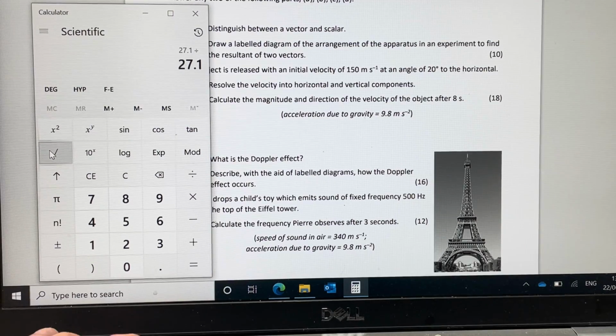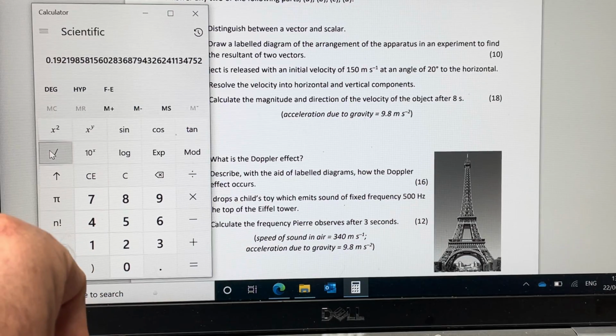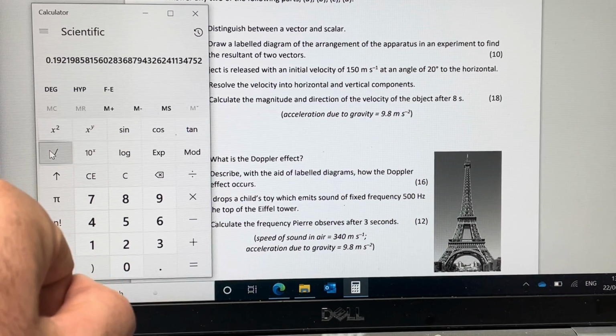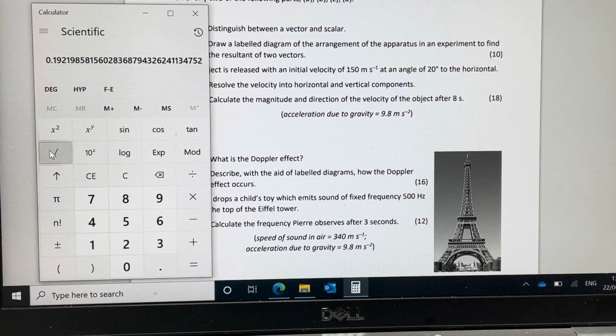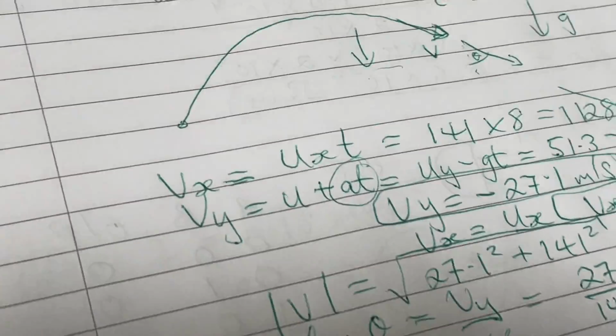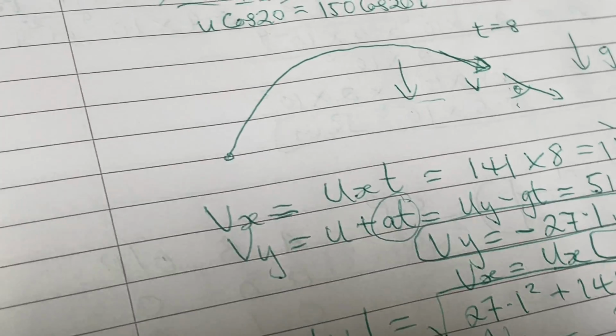Your tan then, okay, 27.1 divided by 141, and then arctan. Okay, so your tan theta is equal to 0.192. And how do I get the inverse of that? Okay, I'll have to, okay, so the magnitude of velocity there is that guy, and